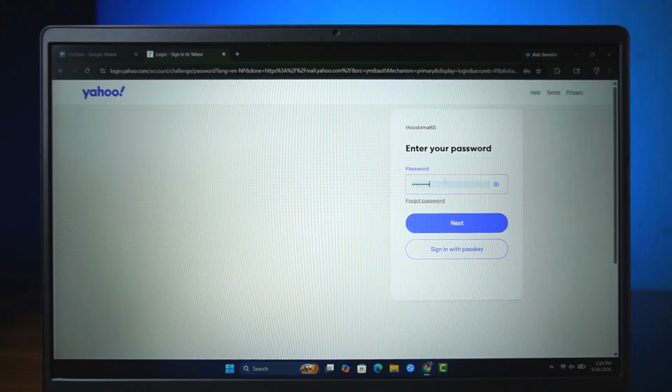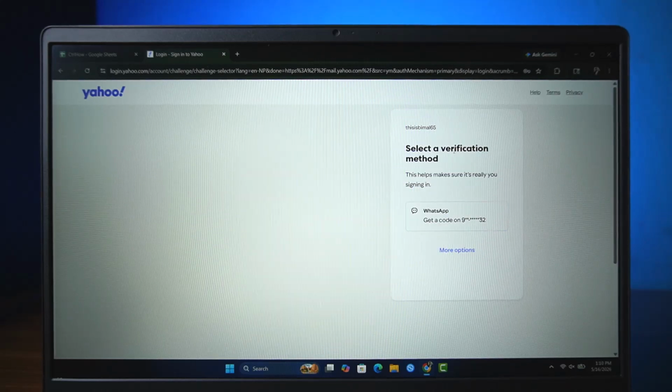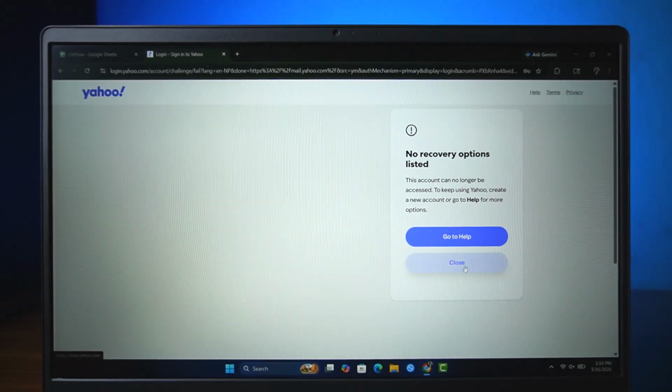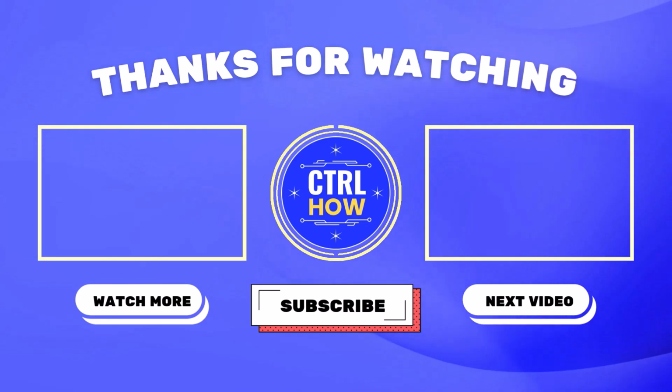So long as you don't make a mistake in entering your password as well, you can click on next option, and after that you'll be able to go ahead and then verify the code and log into your account, or you can go to more options and you can go to the login option. So this way you can log into Yahoo without using a